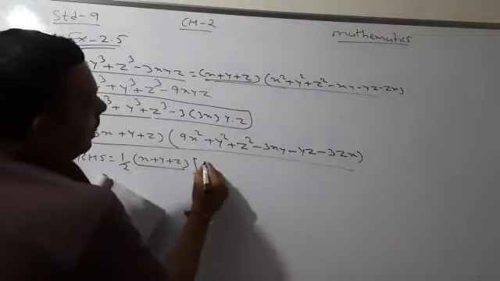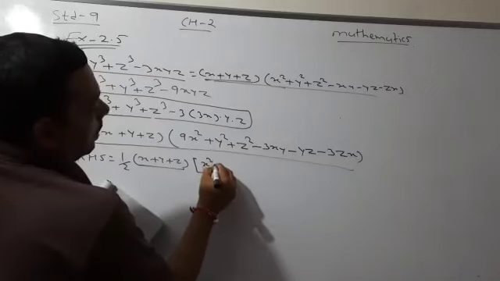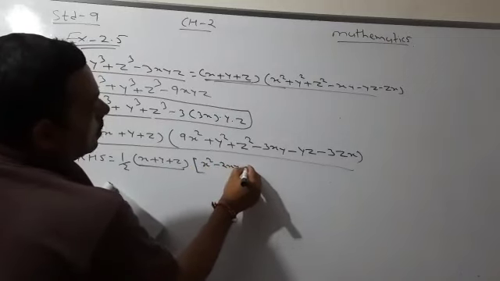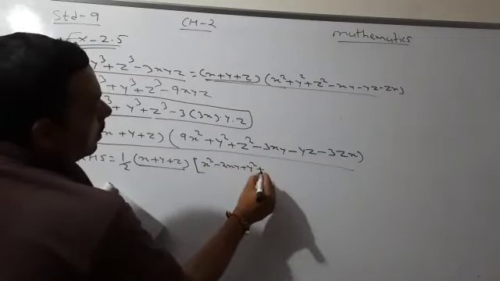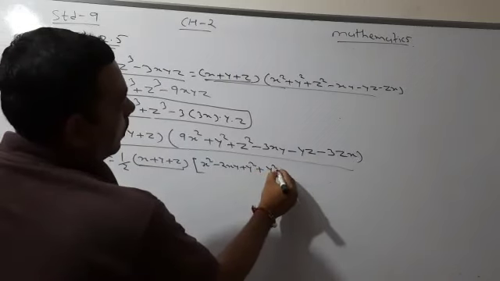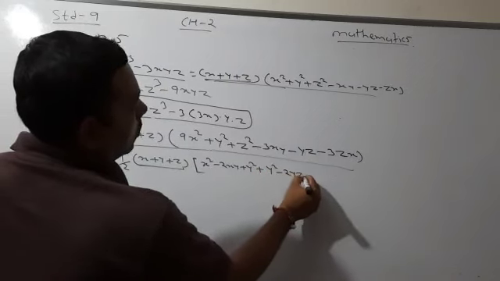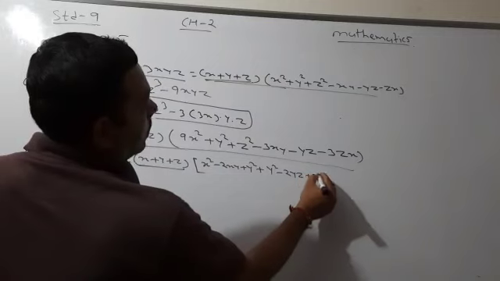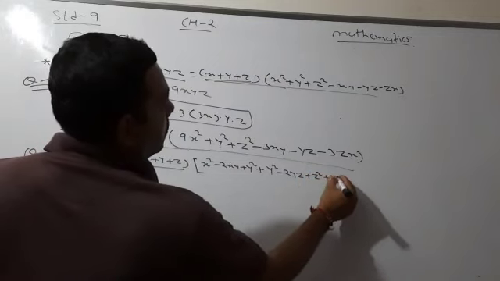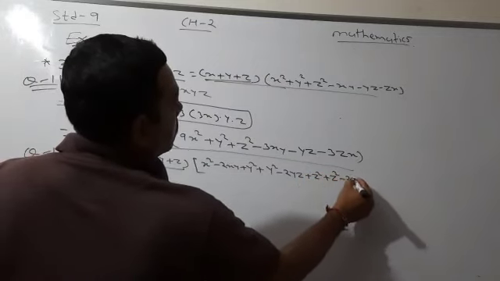If I simply expand the bracket, then we will get x square minus 2xy plus y square. Now for another one it is y square minus 2yz plus z square, and the last one is z square minus